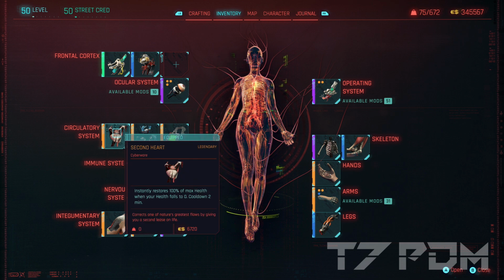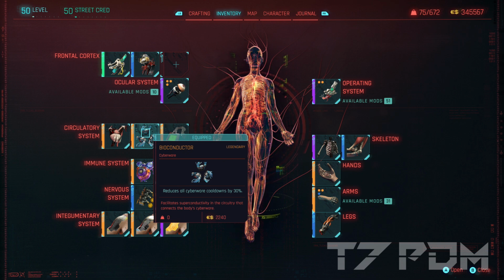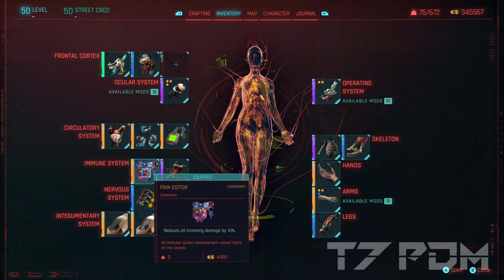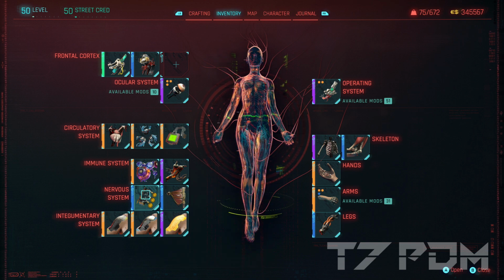Body 18 allows us to go all in the circulatory system, go for a second heart to revive you on death. The legendary bioconductor will dramatically help us reducing our Sandevistan cooldown, and the legendary biomonitor will further protect us from dying. Of course we get the pain editor for 10% overall damage reduction, the metabolic editor for avoiding any